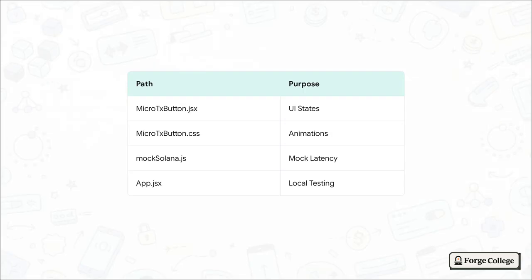Take a look at our file structure map here. We have our UI component file, our CSS for the animations, an app file for local testing, and crucially, this mock Solana.js file. In this mock file, we're actually going to simulate a random network delay of anywhere from 500 to 3,000 milliseconds. We use this to really stress test our UI. We want to see how our micro-interaction behaves when the network is super snappy and how it holds up when